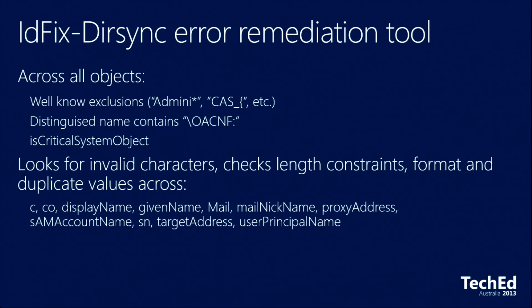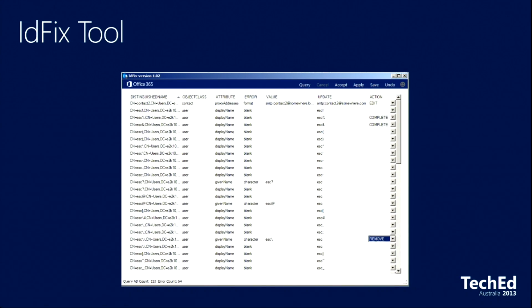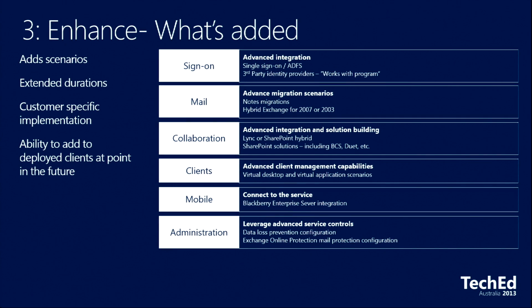So it's across all the objects, to be able to remediate, and you see some of the examples of account name, target address, user principal name. So those are all just pieces to try to help you move through your AD remediation, and you saw the demo of the tool already very quickly. And adding into that some of the Azure AD scoping, and I think we aren't quite going to talk about that, but I wanted to highlight. You saw it's just kind of a click button, DirSync. And it's very powerful what it's doing, but it is just a couple of options. Put your creds in, and all of a sudden, your directory is synchronizing with the cloud.